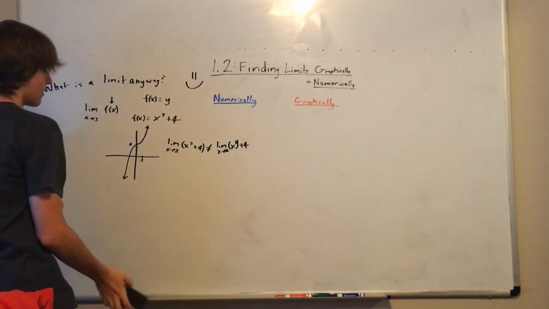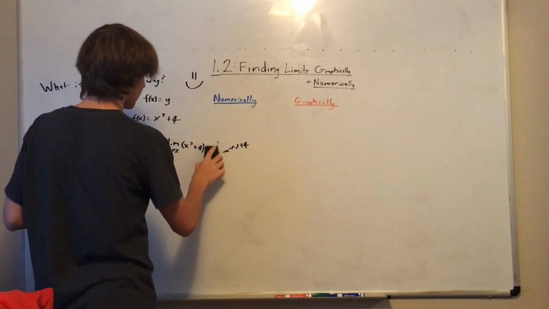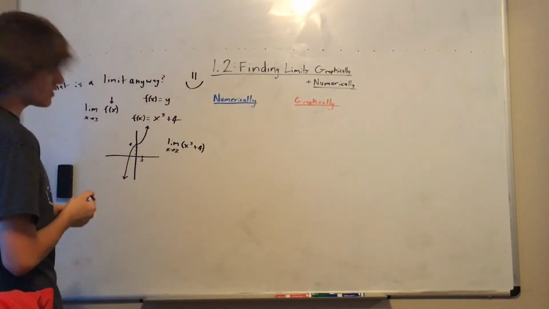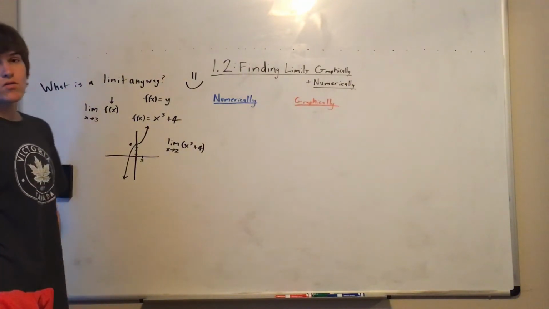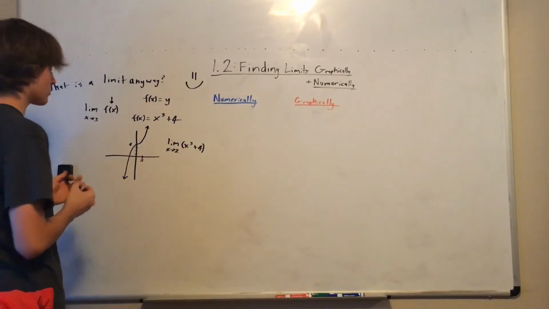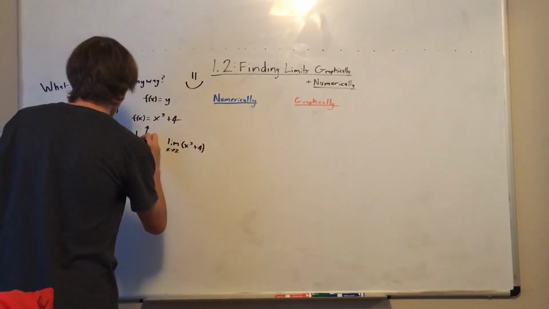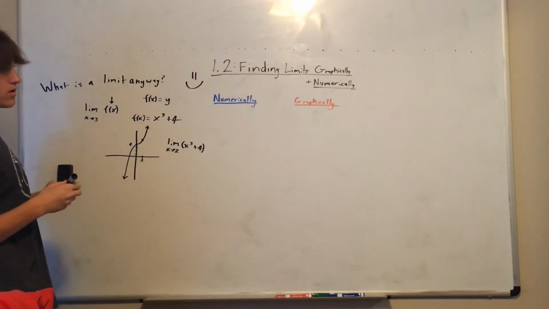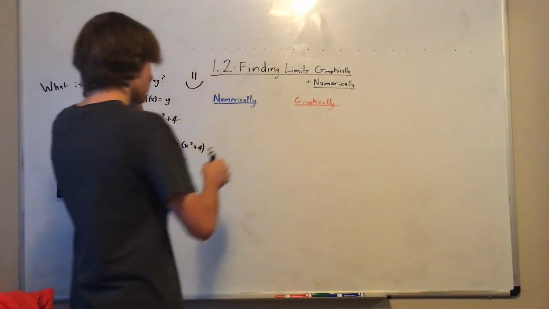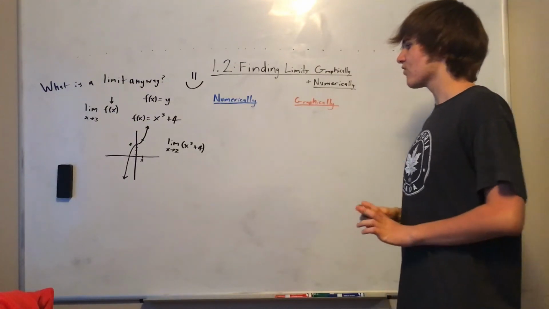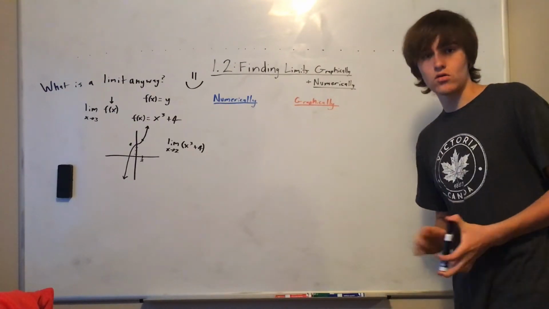Let's see here. That is how you write a limit, but now let's explain what a limit is. A limit is basically the value of a function, or the estimated value of a function in a way, as you approach a certain value on the graph. So let's go over two ways that we can find out what this limit is. The first way is called numerical,